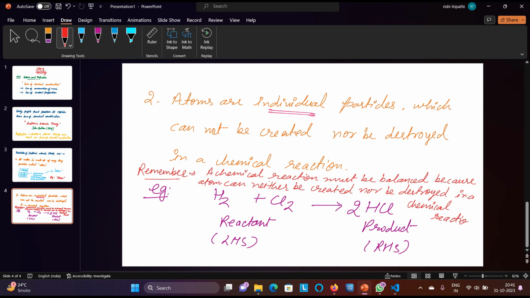So if you cannot create and cannot destroy the atom, the atoms on the left hand side must be